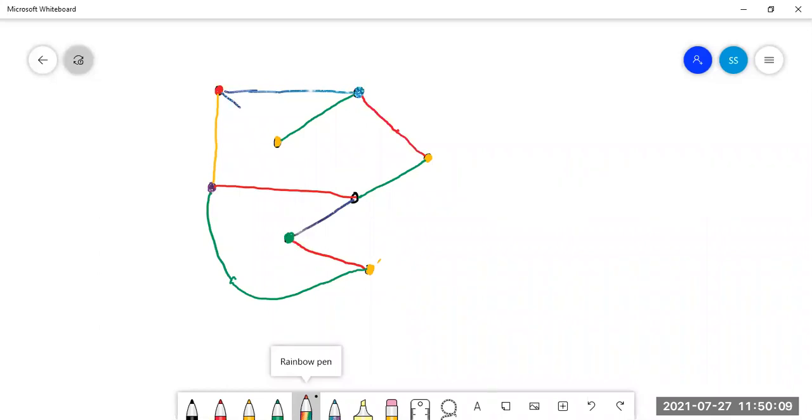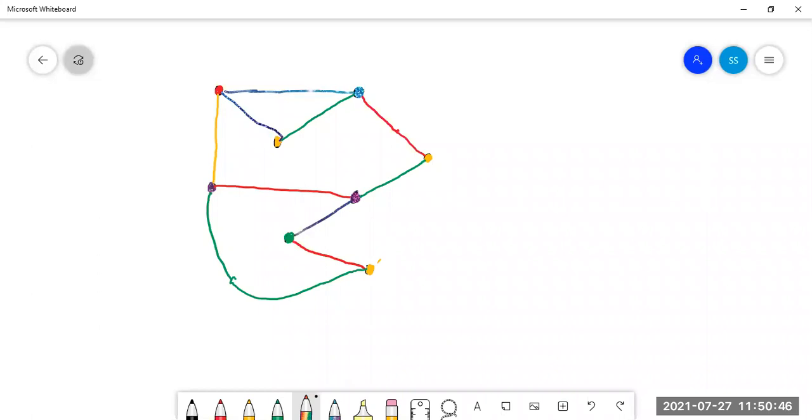Then this one is the rainbow color. This one is the rainbow. So this is a proper coloring of the graph,